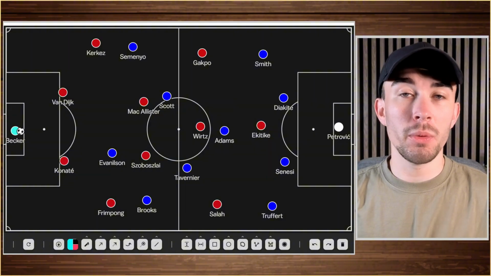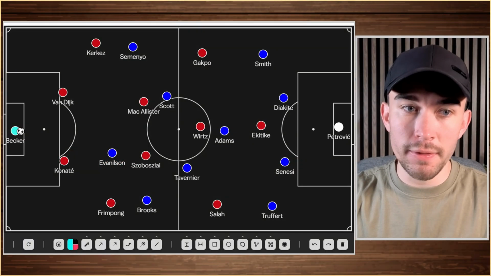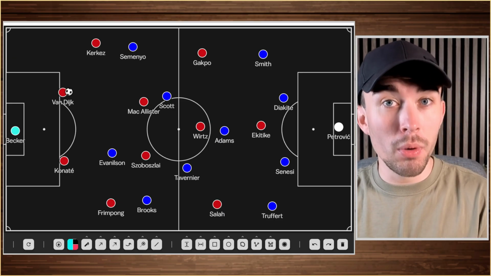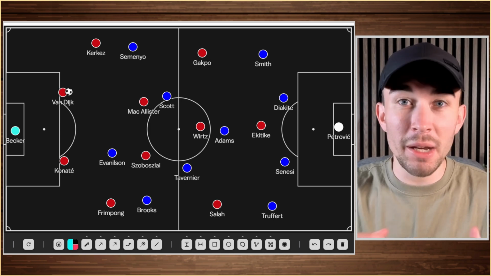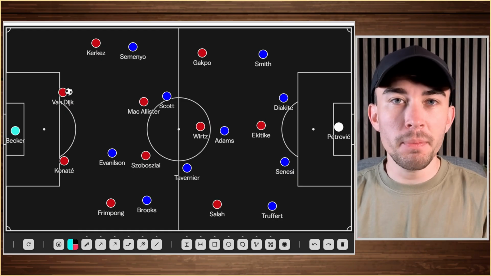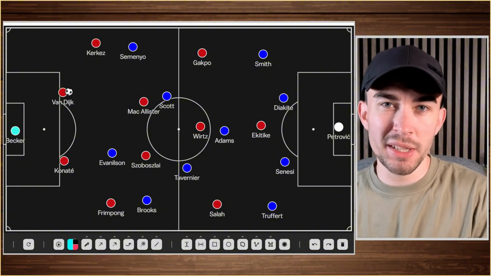Liverpool were the team that were dominant and had the ball for larger spells of the game. And of course they achieved that by trying to play the ball out from the back, which they always like to do. But as always, Bournemouth wanted to put them under pressure. Bournemouth are not a team that are happy to sit deep behind the ball. They want to try and squeeze nice and high to stop teams playing out from the back. The problem for Bournemouth in this game was that Liverpool had too many solutions and the Bournemouth pressing structure was